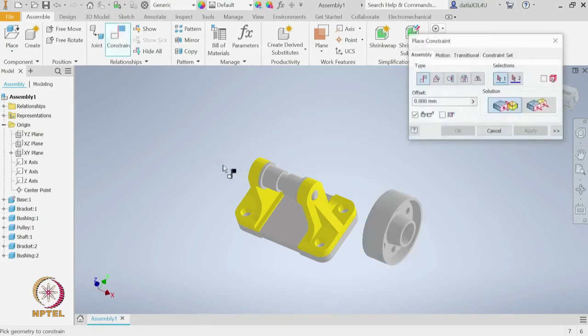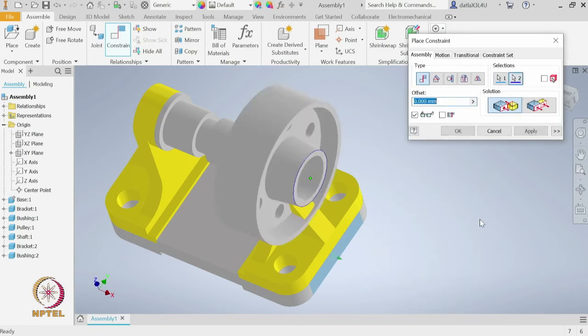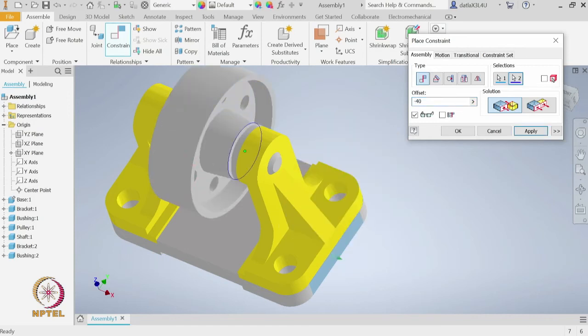So, let us apply a constraint, zoom in from this edge of the base. We will specify that this face of the pulley is at a distance of 40. So, let us apply 40, maybe we need to apply minus 40 because it should go to the other direction.